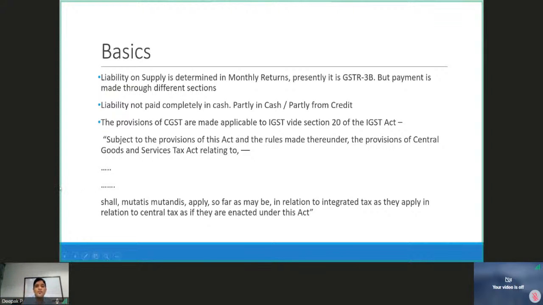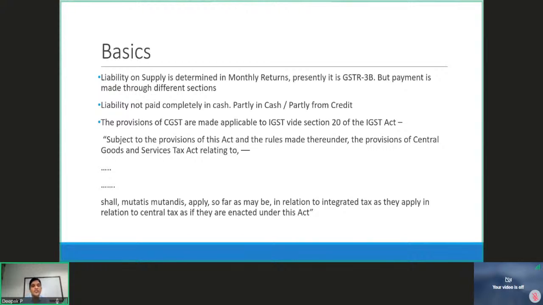The provisions of CGST are made applicable to IGST. This section is very important in terms of which provisions are there in the CGST Act. Why should they be repeated in the IGST Act? So the IGST Act has one section, section 20, which says that subject to the provisions of this Act. Which Act? IGST Act. I am reading section 20 of the IGST Act. It says subject to the provisions of this Act, the IGST Act, and the rules made thereunder,